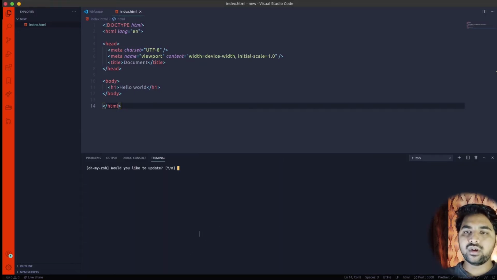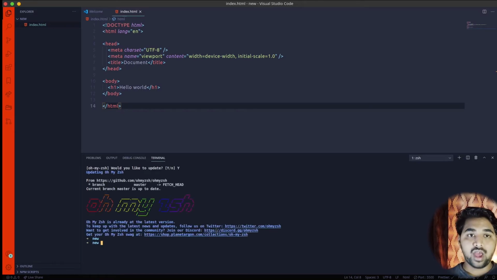So if you're using Git newly, then you have to initialize Git in your system. It's just a simple process. Just go to your command line and just type git. If you're a Linux or Mac user, just type the command git init. It will get initialized in your system.